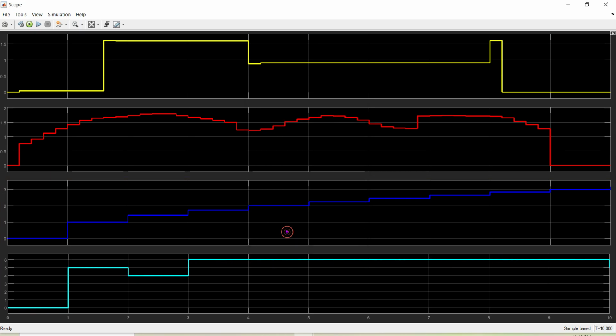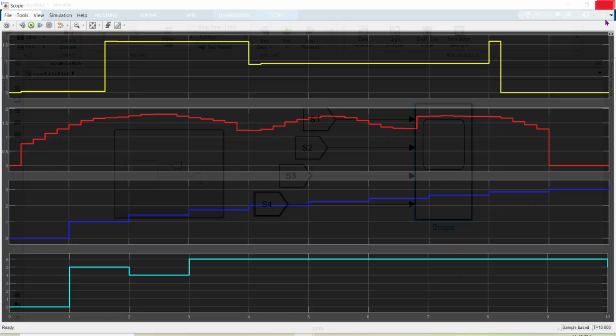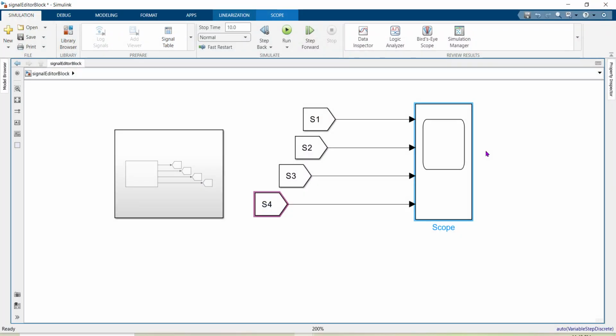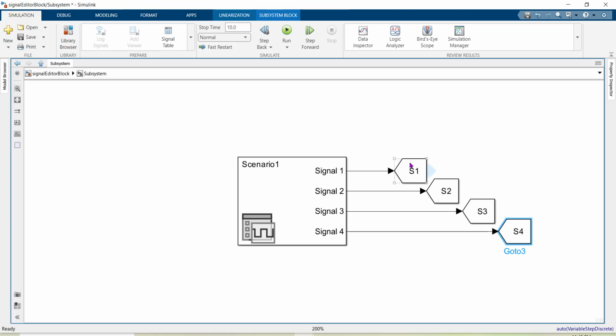Okay, so this is the way you can solve your problem of From and Goto blocks in your single model. Okay, and you can also